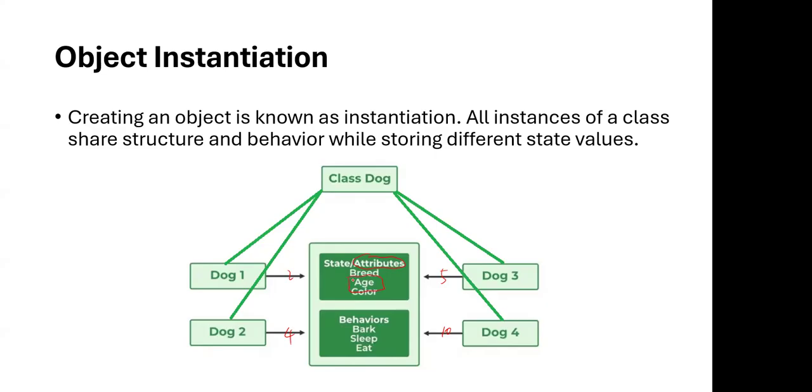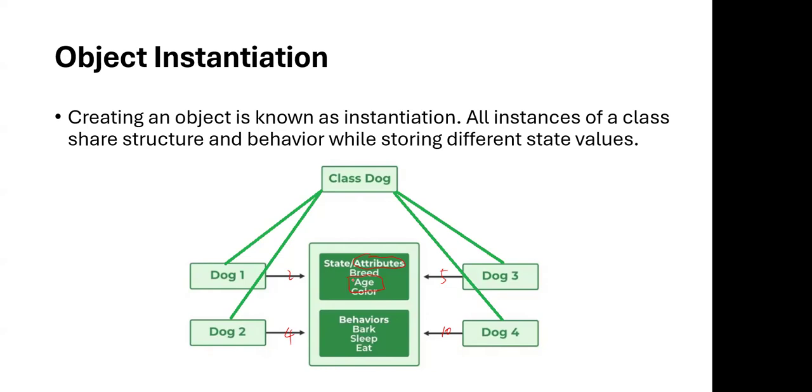However, apart from the age, they also share some different attributes like breed, color. Although in the real world they have different breeds and various colors, they belong to a certain kind of category. In this case, for those attributes, they are all the states shared with the 4 instances. And for the behaviors, they are also sharing some commands, although the concrete